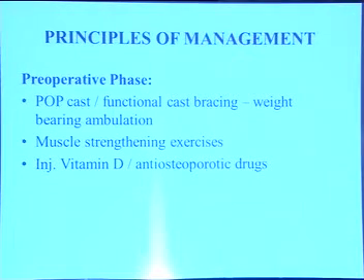The first thing, as we know, it is not at all an emergency condition; we will have ample time for the treatment. So a better thing is, if possible, put a POP cast for the non-union and ask the patient to load the limb for a span of about 1 month, so that to some extent the osteoporosis will come down. At the same time, ask the patient to do some muscle strengthening exercises. And the medication aspect is important. Injection vitamin D, which is available in 6 lakh units, 1 cc injection, and various osteoporotic drugs, as we know; I need not go into the details of those.